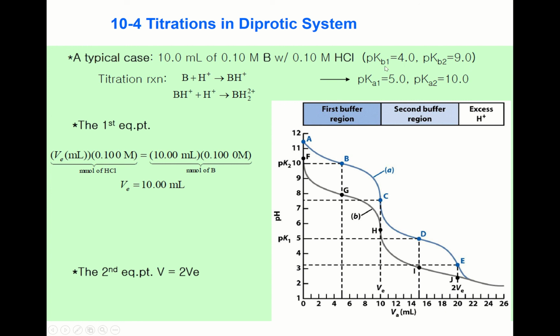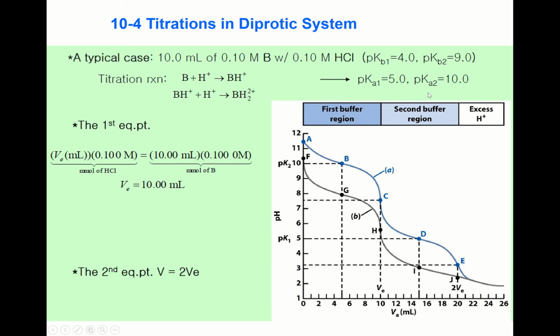We immediately know pKa1 is pKw, which is 14, minus pKb2, which is 5. And pKa2 equals pKw minus pKb1, 14 minus 4, which is 10. Now we will use these pKa values